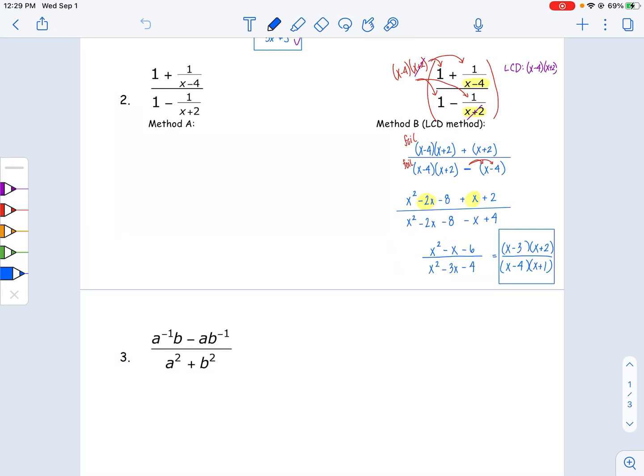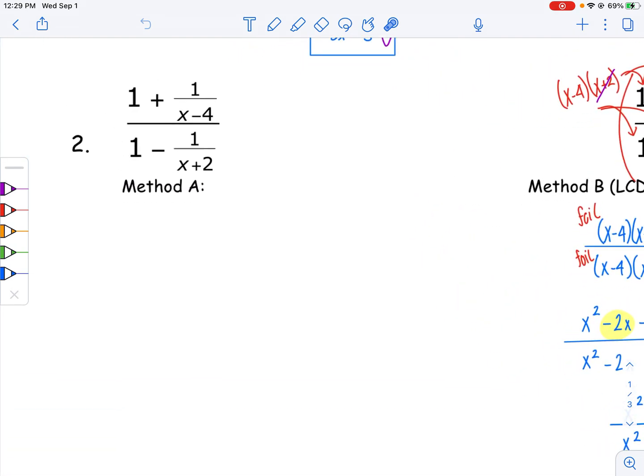I'm going to finish up. This is day 12. We were able to do the second example with method B, but I'm also going to show with method A in case you like that method better. So remember, with method A, we're pretty much treating the top as its own problem and the bottom as its own problem. So I'm going to take the top here, 1